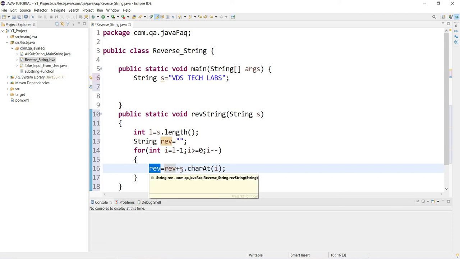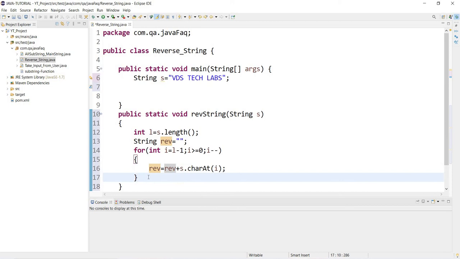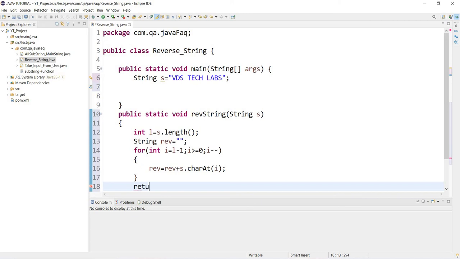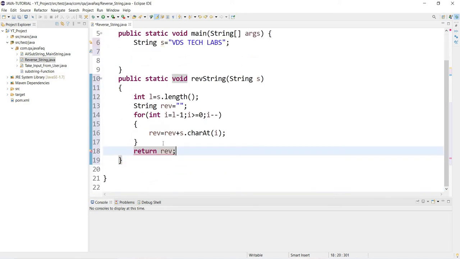I'll show you in the debug mode as well. After that it will return, and return what? rev. Now it is actually returning a string variable, so instead of void, I'll take a String here. Okay, so now the method is ready.